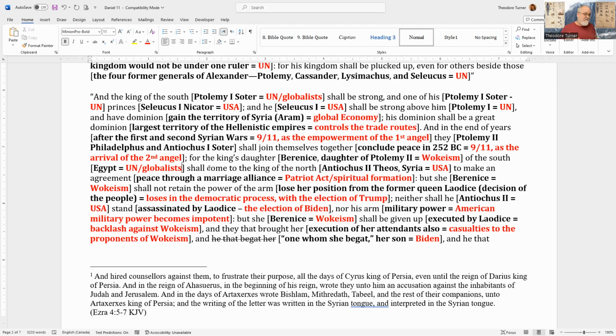So we have what's happening on 9/11 on sort of a global scale. In 11/9 in our line, which is also the arrival of the second angel, because it parallels first day of the first month, April 19th, 1844, just as 9/11 does. So those two come together. We can see that one of the big issues in this movement was wokeism, right? So they're tied together in that way.